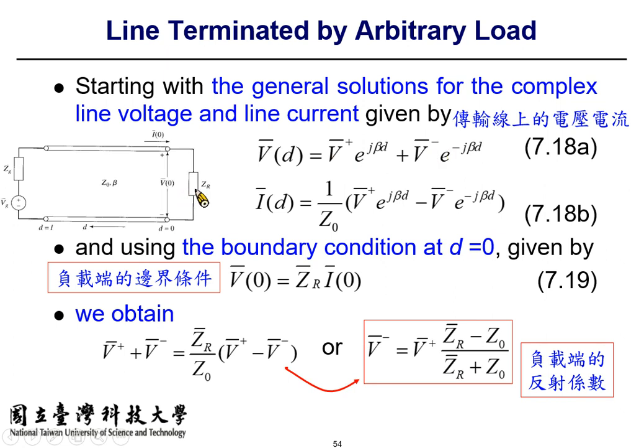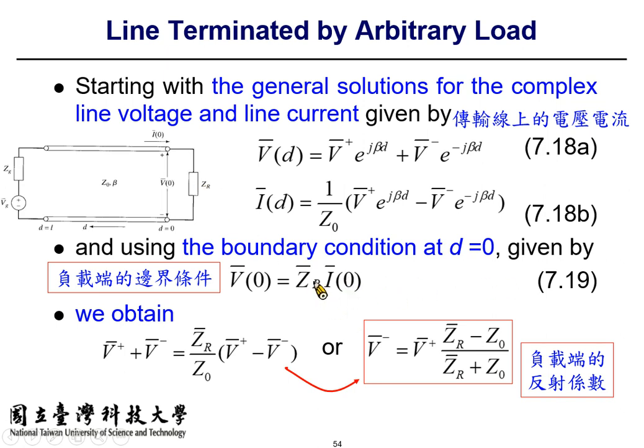So V plus and V minus are the incident and reflected signals at the boundary, that is, the voltage at d equal to 0, and so they must abide by the boundary condition formed by the termination Z_R. So if we write up the boundary condition of the incident and reflected voltage at the load according to the voltage and current ratio, which is